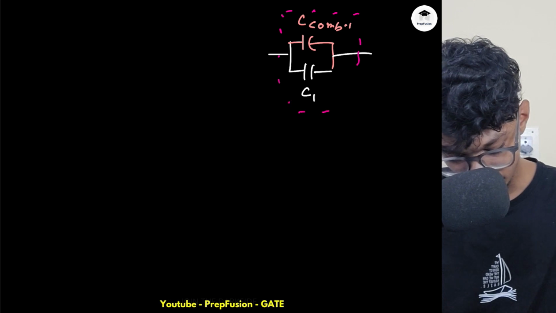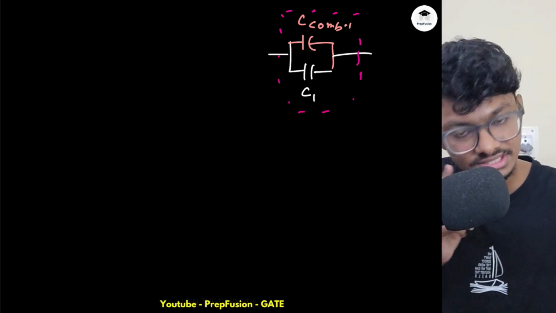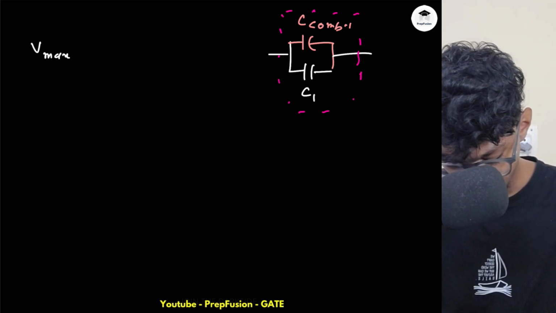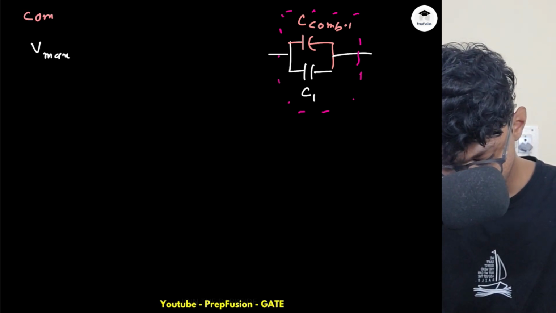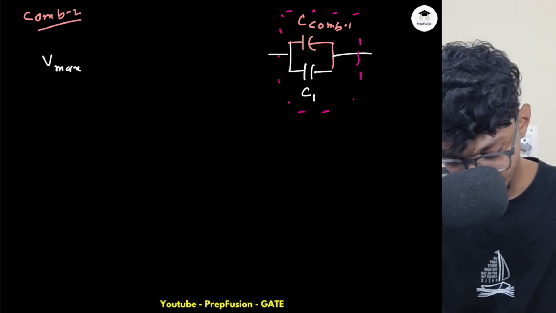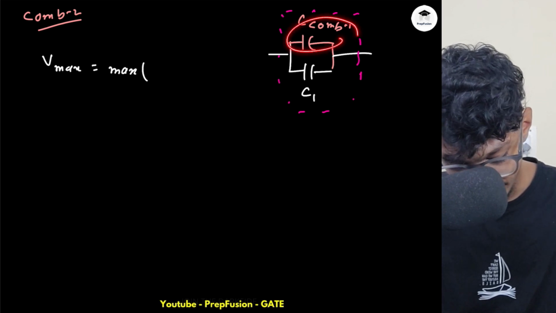This case I want to consider is a case of parallel combination. In case of parallel combination, what do I see? I see that the V maximum that I can apply for comp 2, okay, this is for combination 2, the maximum potential that I can apply is how much? It is the maximum of the potential that can be applied in combination 1,